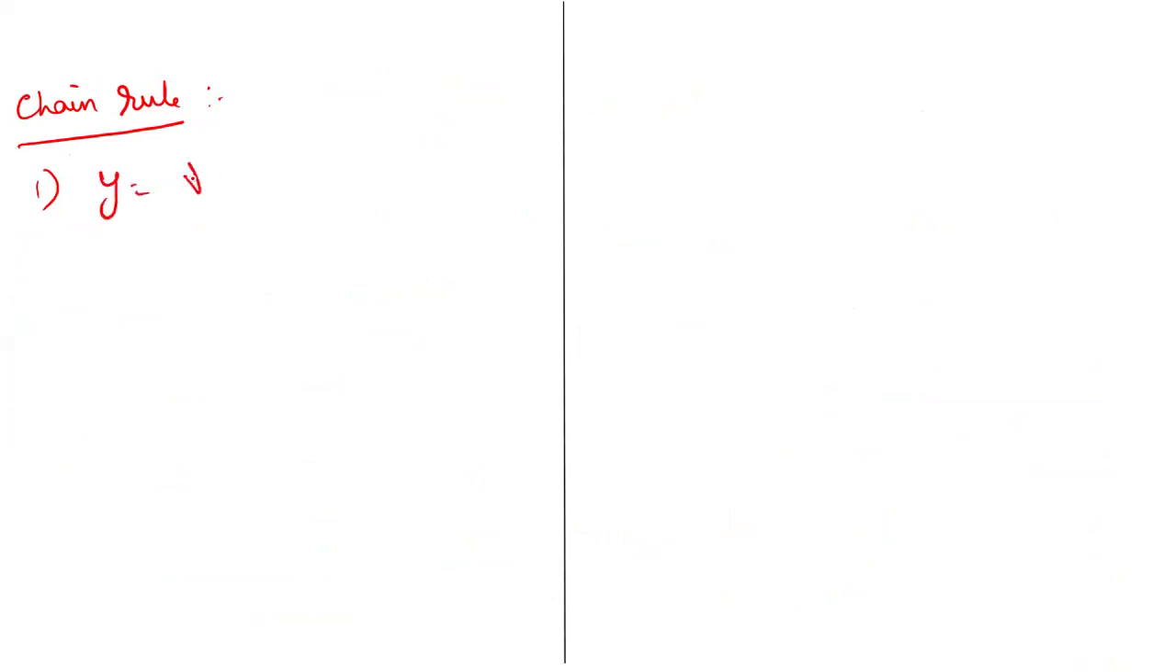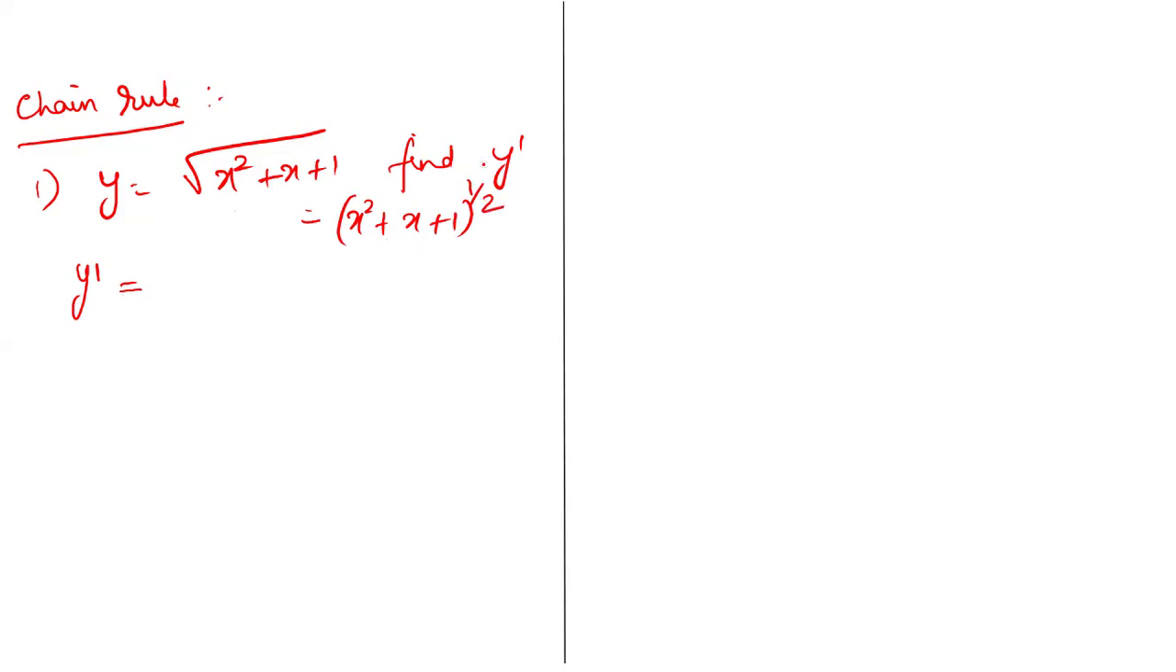If my y is root of x square plus x plus 1, and they ask for y dash, what will I do? Take the differentiation. Always remember, root of x square plus x plus 1 can also be written as (x square plus x plus 1) the whole power 1 by 2. Always bring your power down. So y dash is 1 by 2 times (x square plus x plus 1) whole power 1 by 2 minus 1, which is minus 1 by 2, and then do the